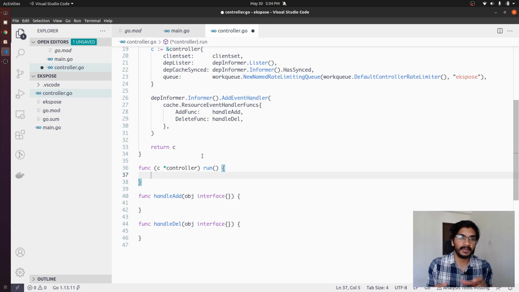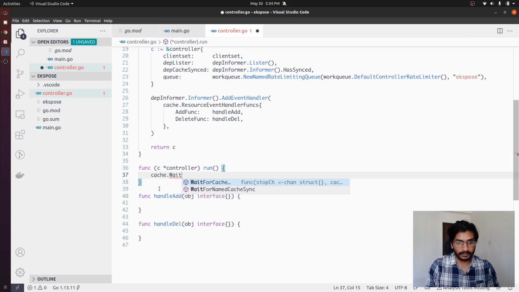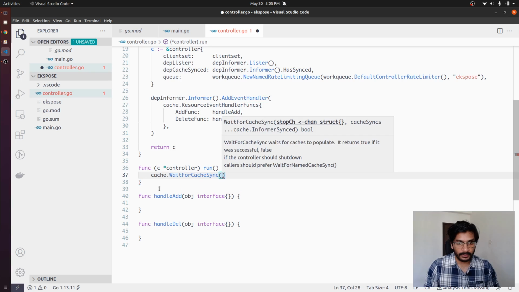Informer maintains a local cache, so we will have to make sure that the informer cache has been synced successfully. To do that, we have to call cache.WaitForCacheSync, and we have to pass it a channel,